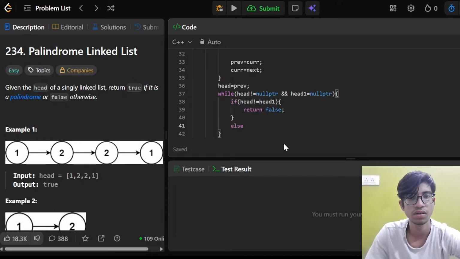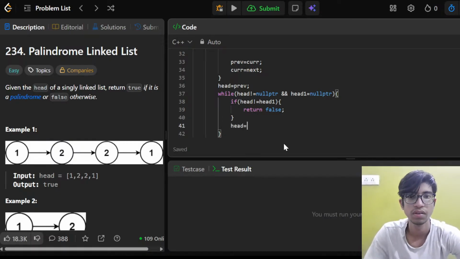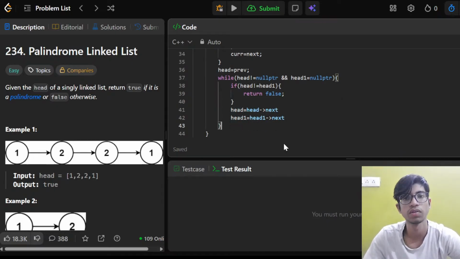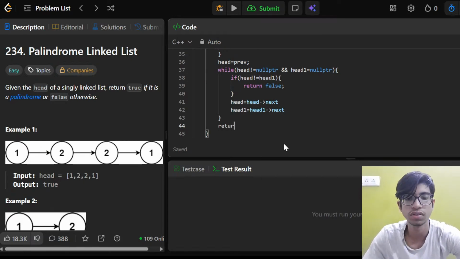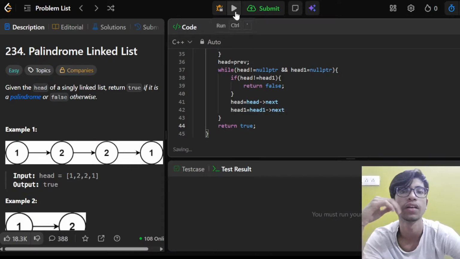Else, no else needed, right? Return false, that's it. Head is equal to head next. The same applies for head 1, I guess. So head 1 is equal to head 1 next, and at last return true, because it just means that everything was true, right?